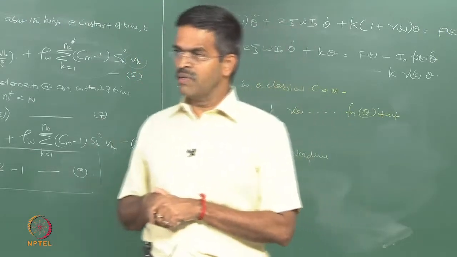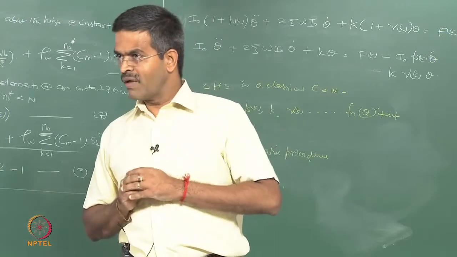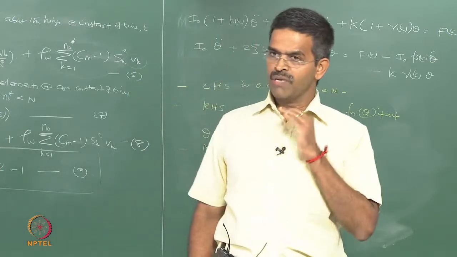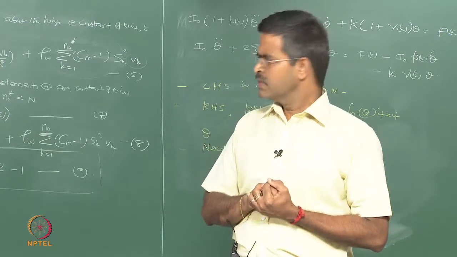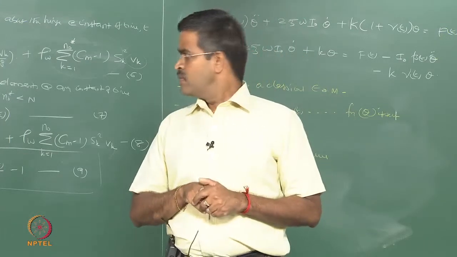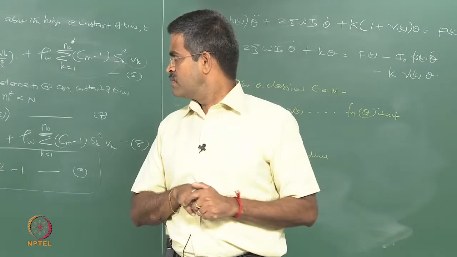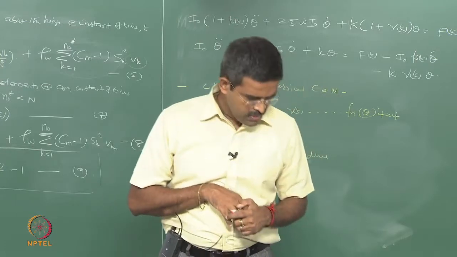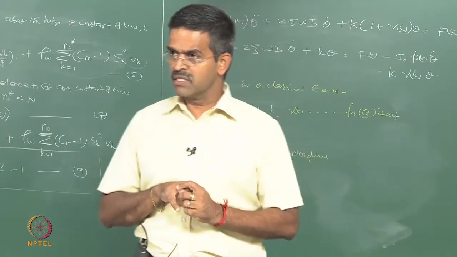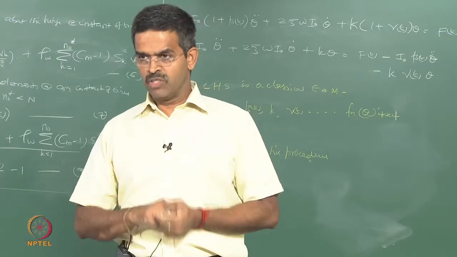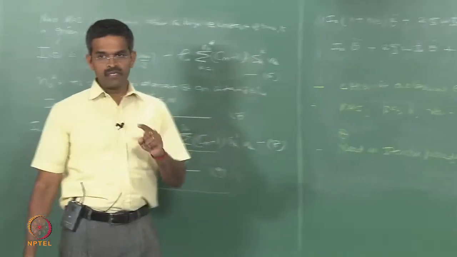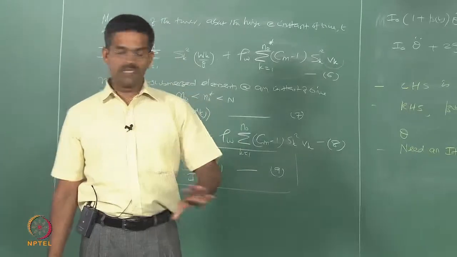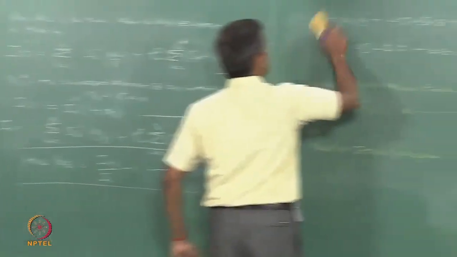Now, there is one more concept available in the literature called multi-hinge articulated towers. Instead of having hinge only at the bottom and the top, you can also have a hinge at the center. One can ask me a question, what is the advantage of having more hinges? The advantage of having more hinges is, the moment you have hinges, at all these places the design moments will practically become 0. Okay. You can have a very classical example of this, a comparison of this very quickly. What is the advantage design wise to have more hinges? The point is that, let us answer this slightly later, but let us see what is the advantage first physically.